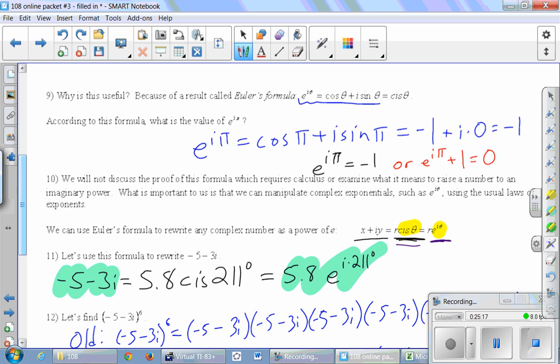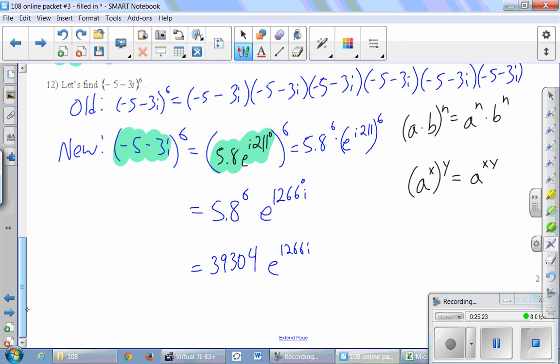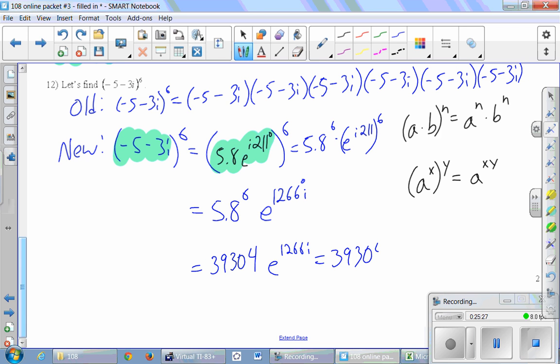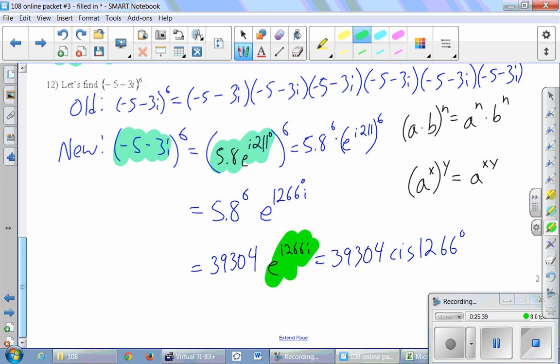If we see e to the i theta, we could think of it as coming from a cis theta. So how about we do that? This is really 39,304 times cis of 1266. So e to the i theta becomes cis theta. That was this piece turning into this piece. Okay, but then what does